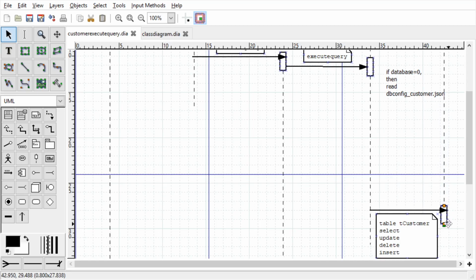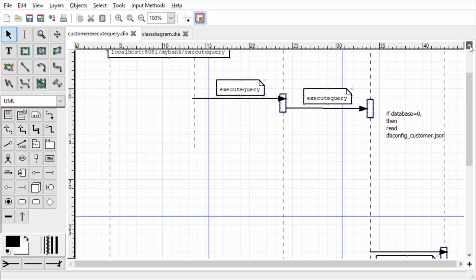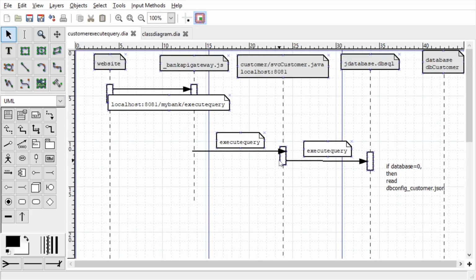It's a little difficult to use these diagrams, this tool. I can create another, how do I create another of this?